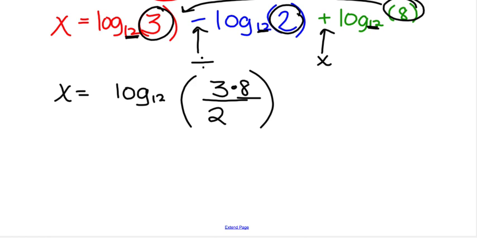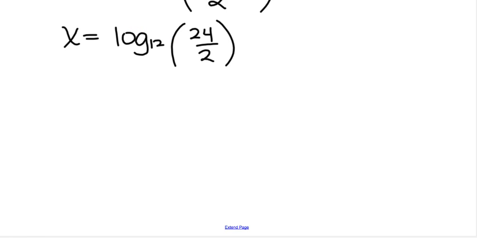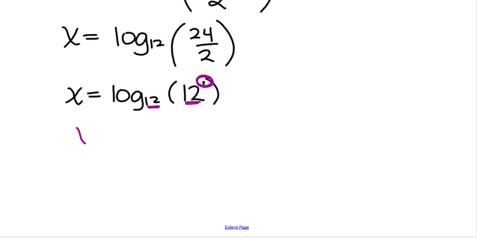All right, so now let's simplify within the parentheses. So 3 times 8 is 24, and now we're going to divide it by 2. 24 divided by 2 is 12. All right, now I'm going to throw this as an exponential term. The reason why is this is a logarithm of base 12, an exponential base 12. They are inverses of each other, so the final answer is 1. This one is a little more challenging. It is a little more work, but hopefully we